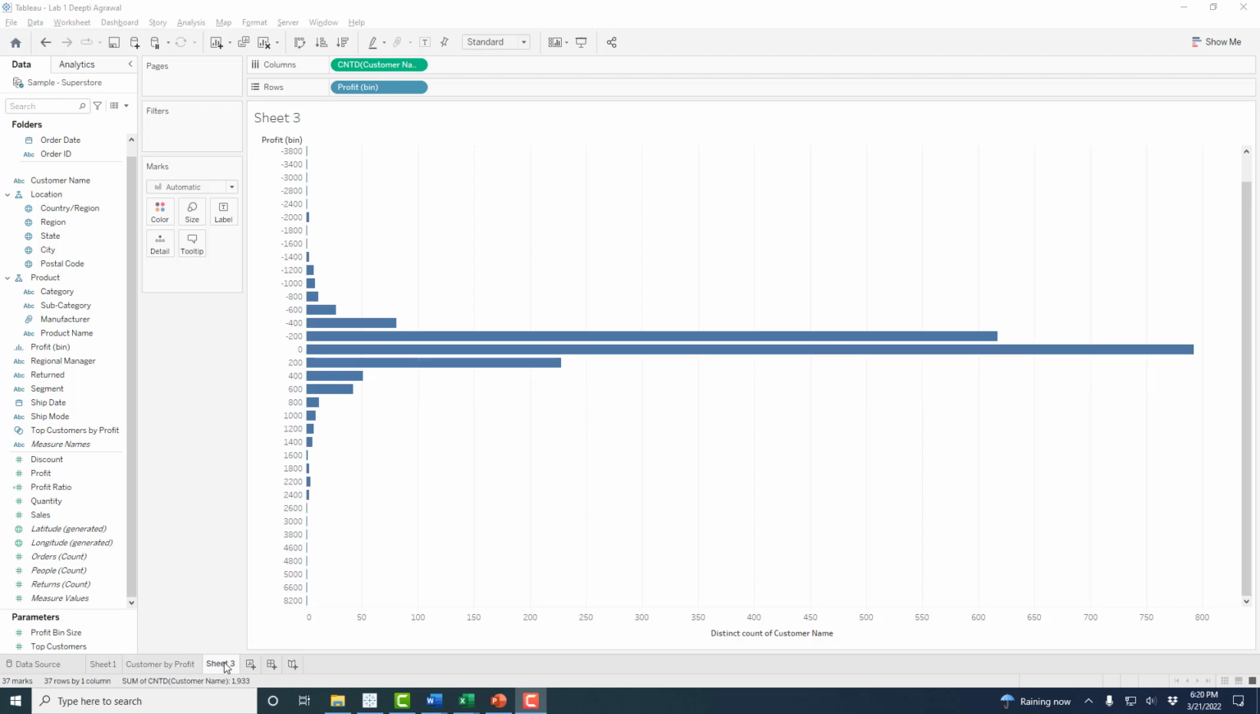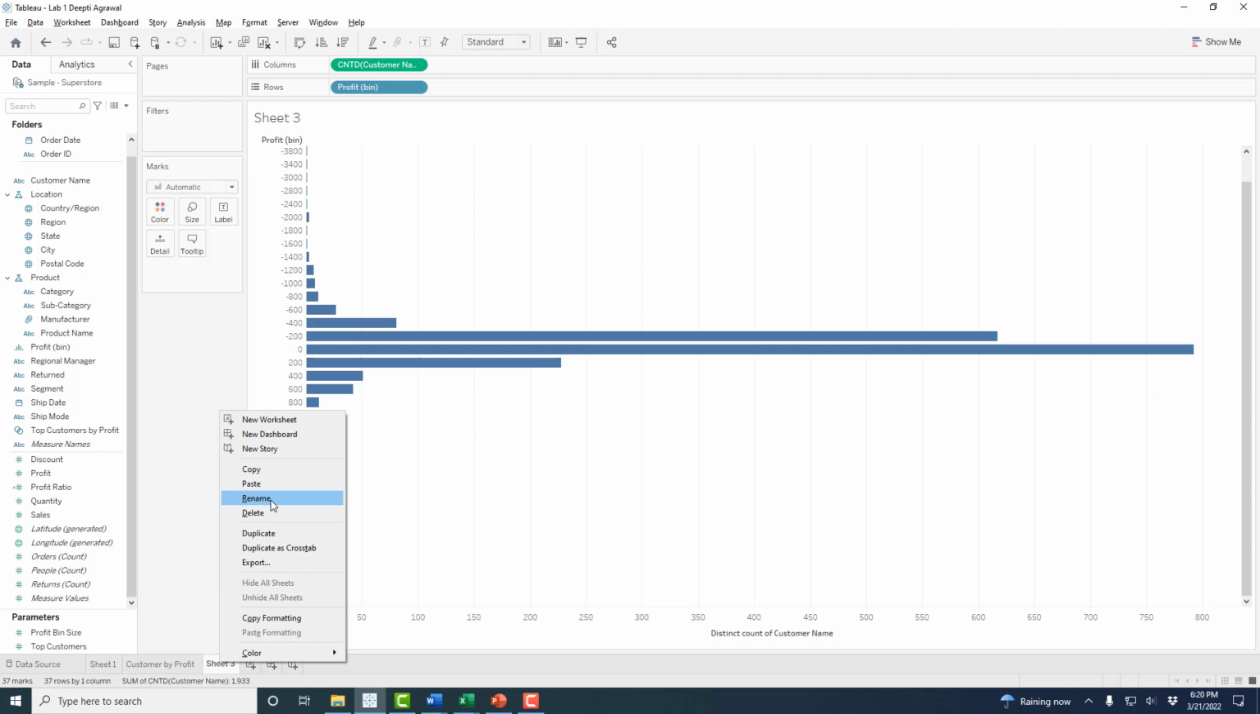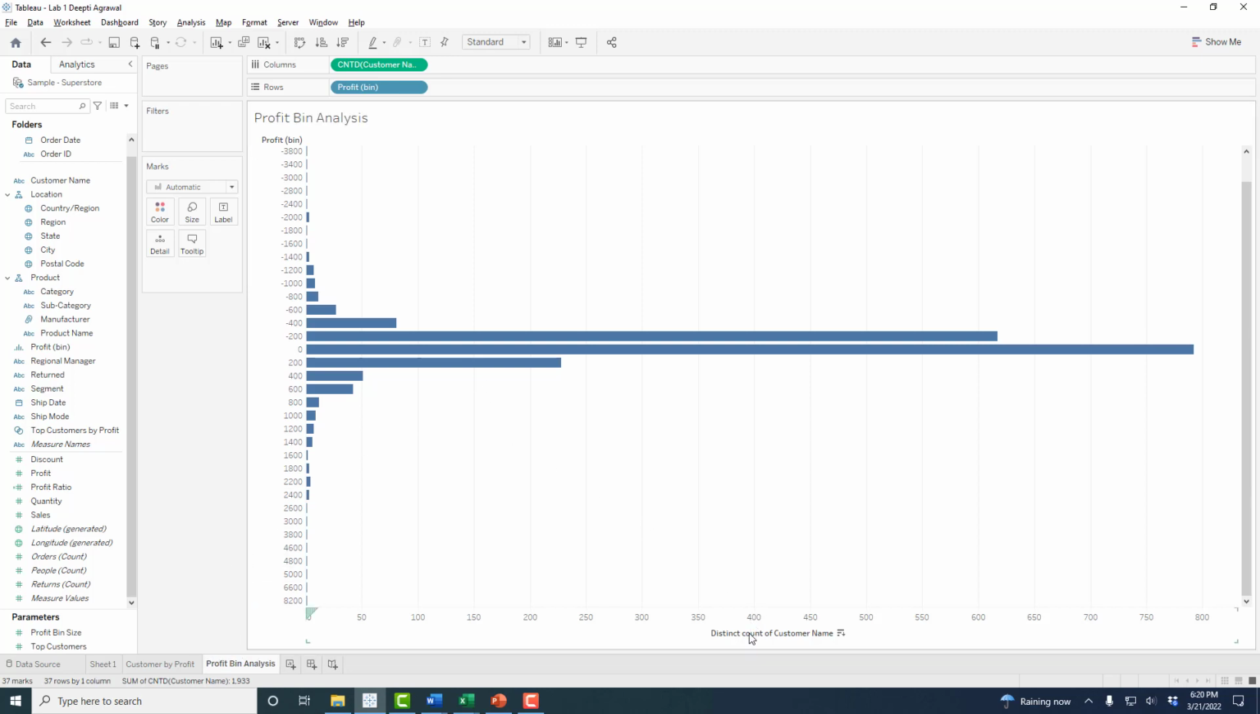And let's modify this chart a little bit by giving it a chart name. I'm going to call this profit bin analysis and drop that on ABC. That is showing me the sum of profit for each one of these. And if I want to see which one of these is my best profit making category, if you wish, you